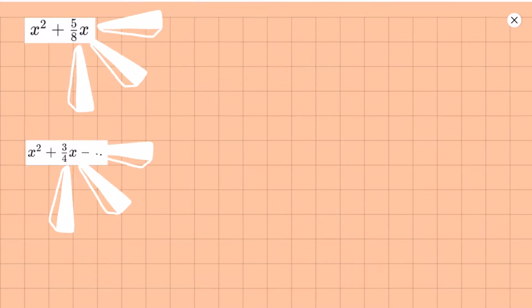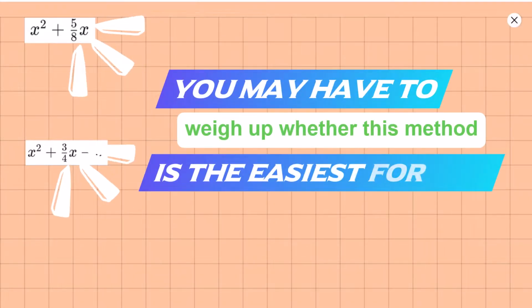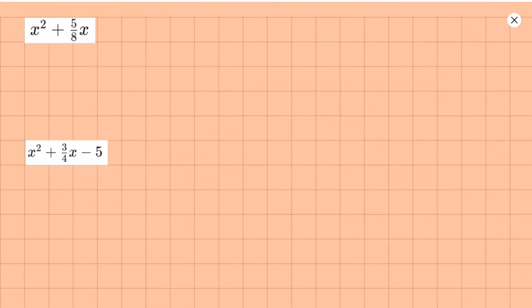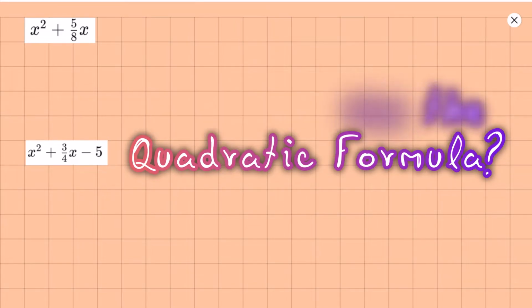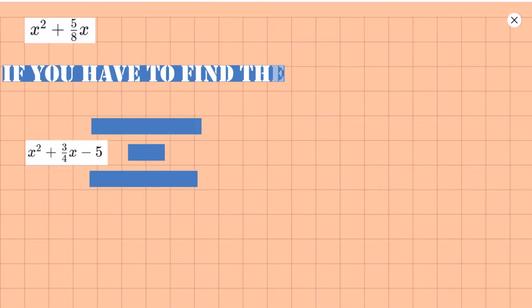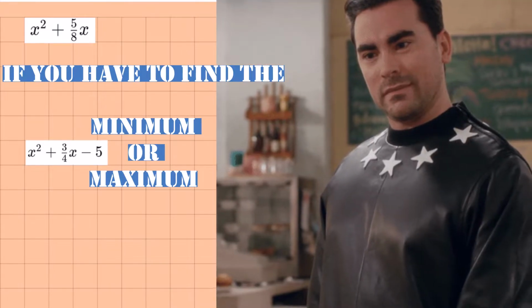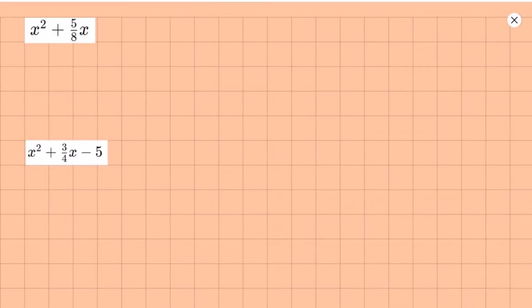Apart from where a is more than 1, we have to weigh up whether this method is the easiest for you. It might be that if you want to solve this quadratic, you don't go through completing the square. If you have to find the minimum point of this quadratic, maybe you have to do this, and this is how to do it. So with x squared plus 5 over 8,